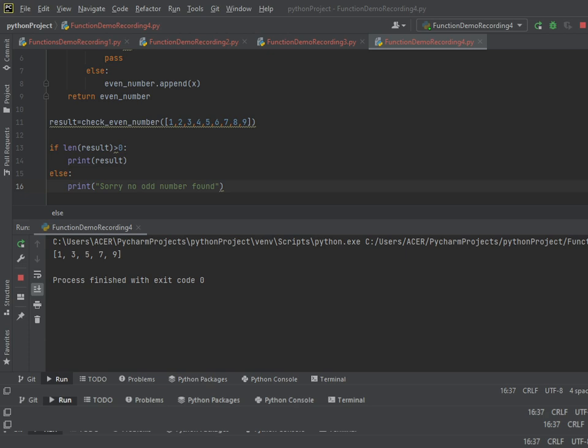You can see it's coming 1, 3, 5, 7, 9 as even. Some of them are odd, but okay.